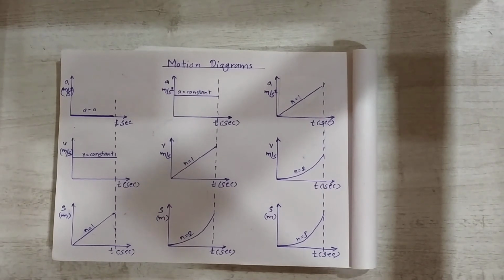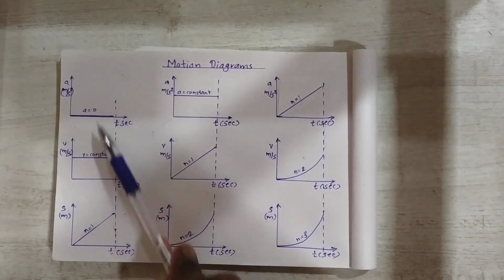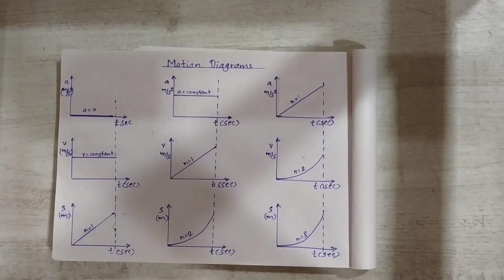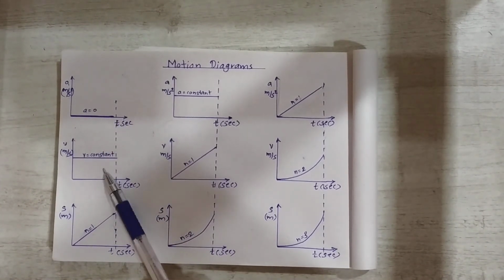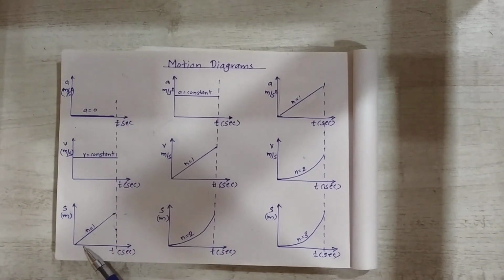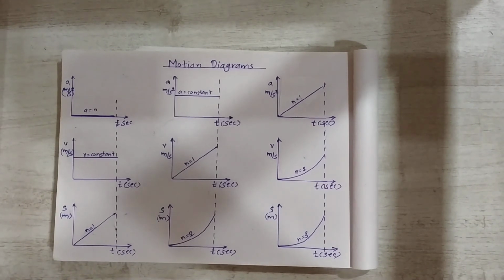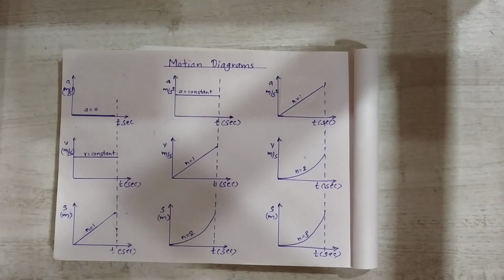So we have to understand the flow of the diagrams. In a question, out of AT, VT and ST, any one diagram is given, and you need to draw the remaining two diagrams by referring to the given diagram. If an AT diagram is given, we need to draw the VT and ST diagrams. If a velocity time diagram is given, we have to draw the acceleration time and displacement time diagrams. Now in the next video we will start to solve problems related to these motion diagrams.